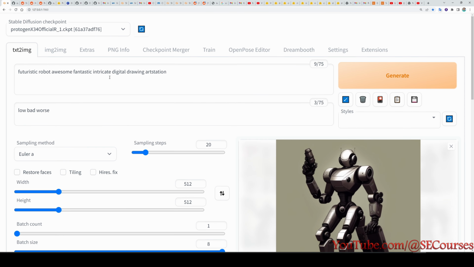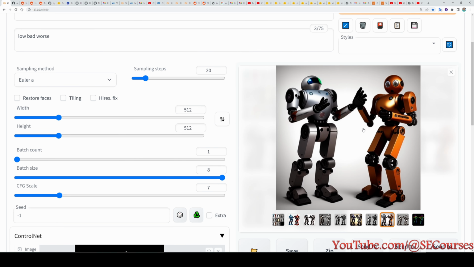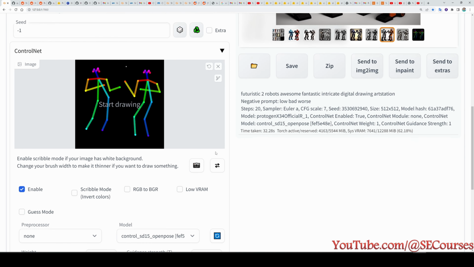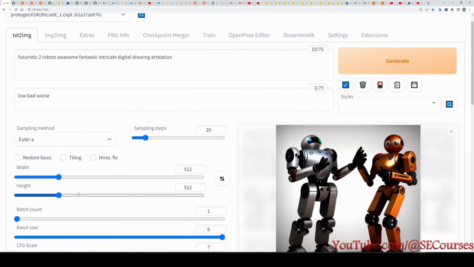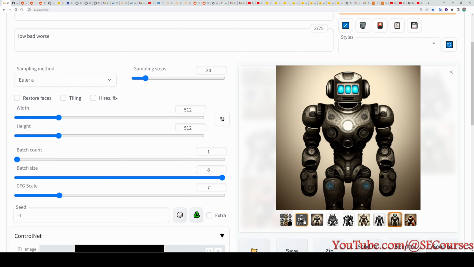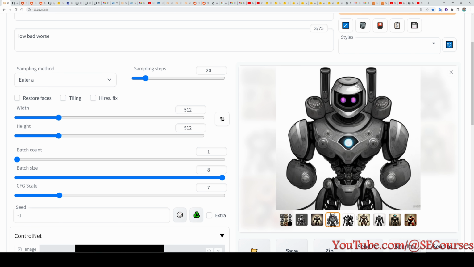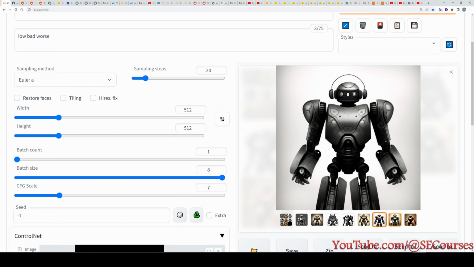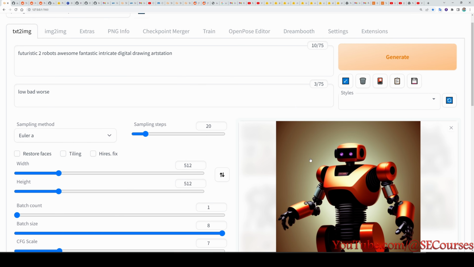Send to the ControlNet and change your prompt like futuristic two robots. Now as you can see, we are able to generate two robots in one image the way we want. So what would we get without using ControlNet? Let's also try it. I will disable it and try. And this is what we get when we don't use ControlNet. You see there aren't even two robots in the output, just one robot, and of course nothing is as we would like. It is just purely random, not even two robots, so it just ignored our two robots command.